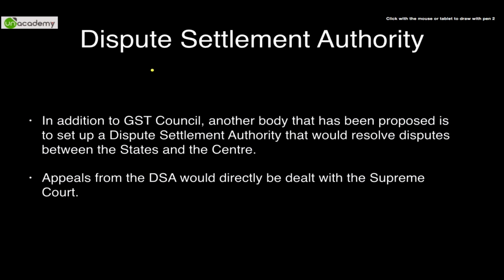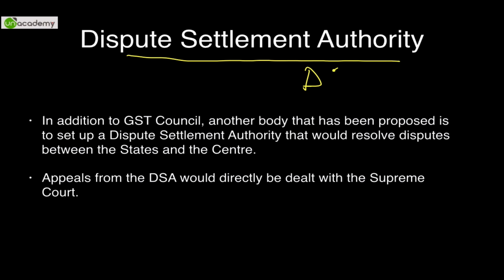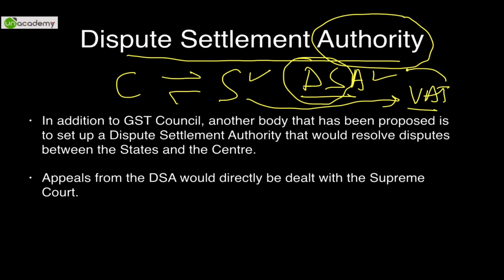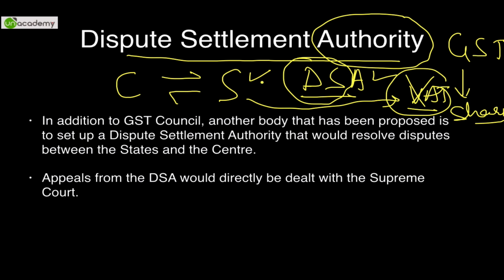There is also a provision of having a DSA, or a dispute settlement authority. It is self-explanatory that a dispute settlement would be administered by this authority. Dispute between whom? Dispute between the center and the state. As we just understood, the state governments would lose out on the revenue of VAT, which was under direct control of the state government, whereas they will get a certain share in GST. If they are not happy with their share in GST, they can file a complaint with the DSA, and the DSA would come out with a resolution or solution in order to keep the state governments happy.